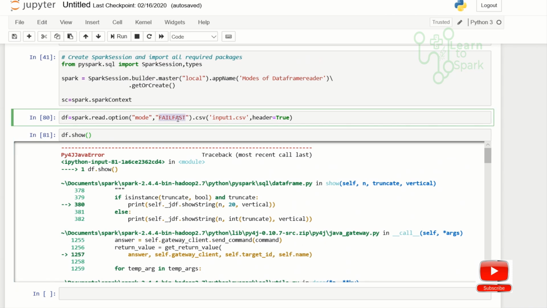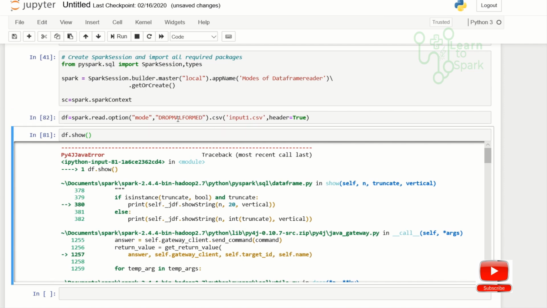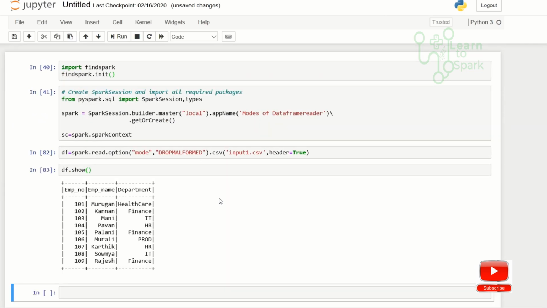Let us quickly check the other mode, which is drop malformed. Here you can see all the null values got removed and the corrupted records got removed.